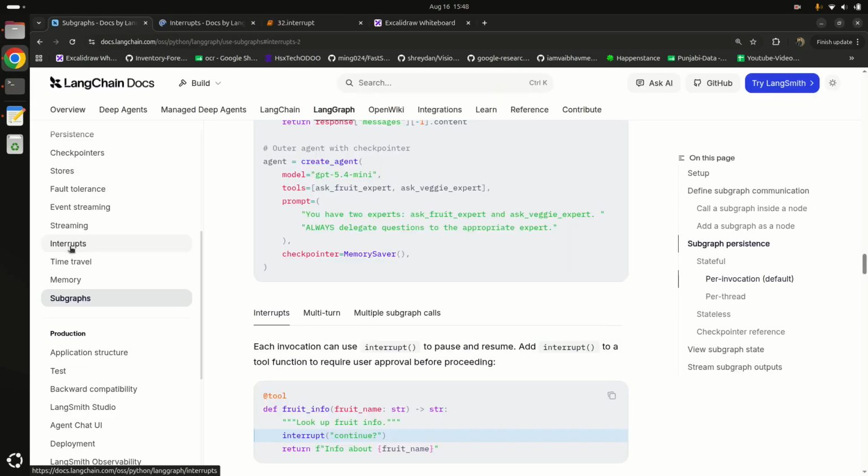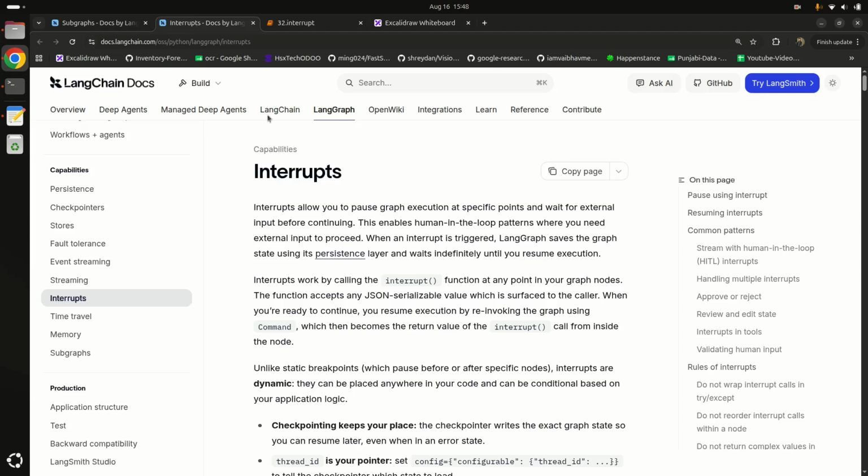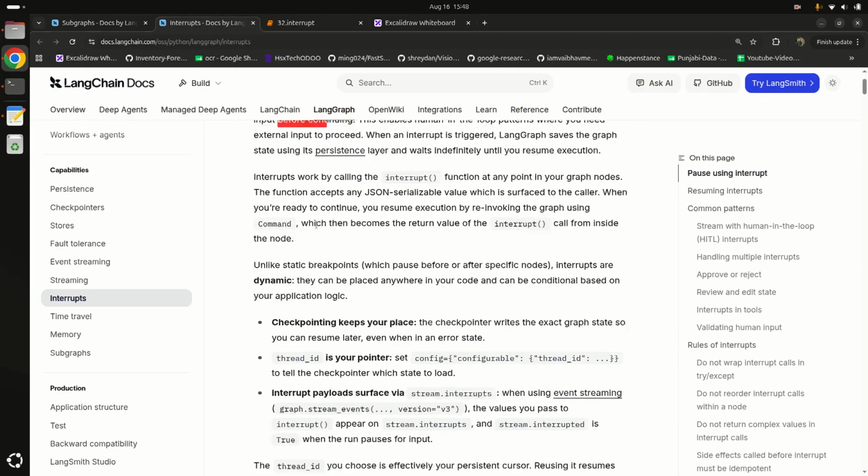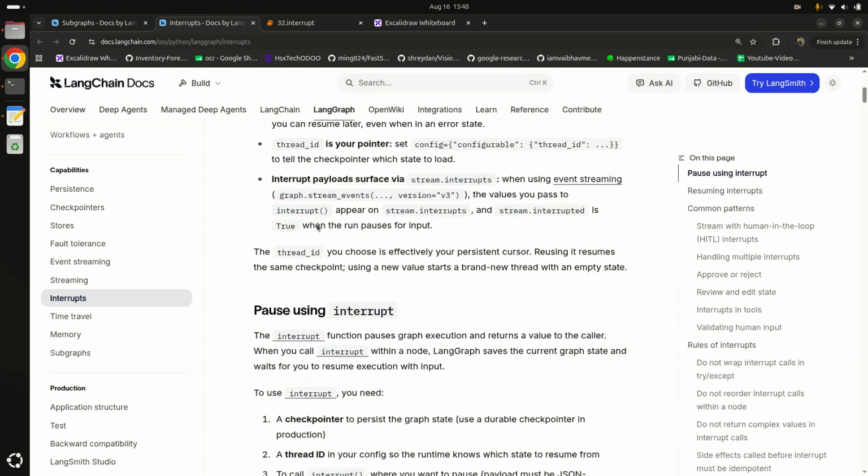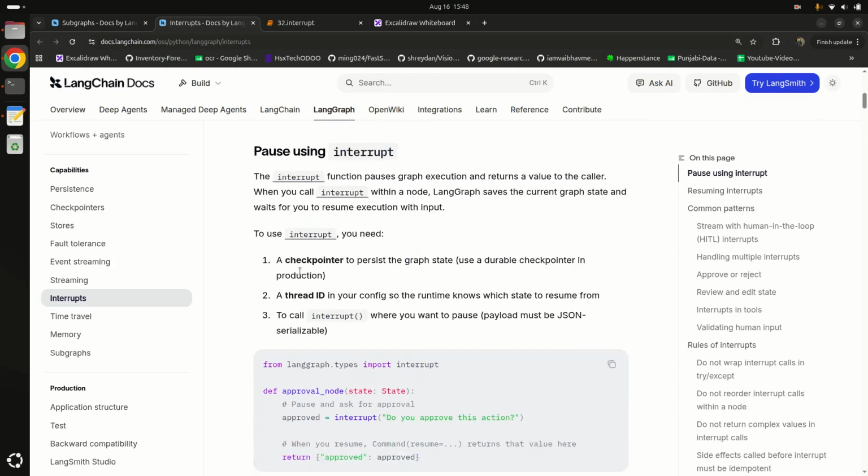So this is the documentation. I click here on interrupts. Interrupts allow you to pause graph execution at specific points and wait for external input before continuing. To use interrupts, we need two main things. One is a checkpointer, to persist the graph state.